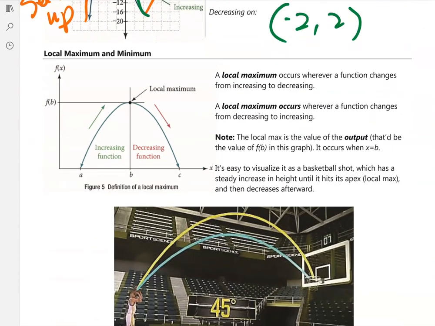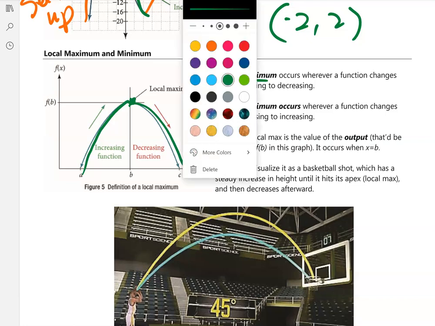Local maximum and minimum. A local maximum occurs wherever a function changes from increasing to decreasing. So this is the local maximum. The local maximum occurs wherever a function changes from decreasing to decreasing. Note local max is the value of the output, and it occurs when x is equal to p. Wait, there should be, this is,